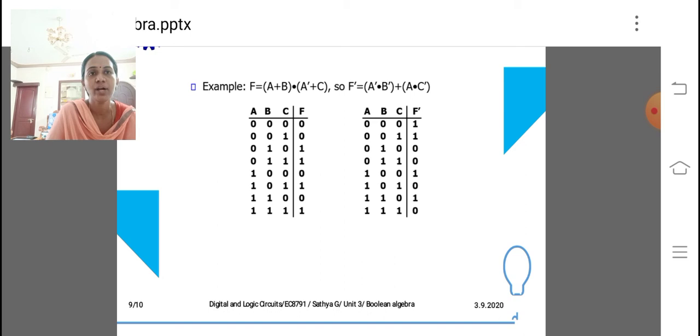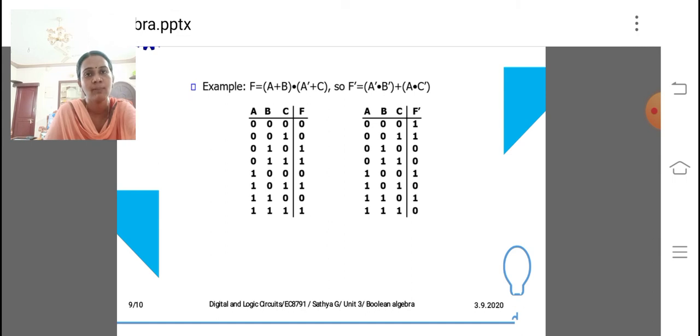And in the second case, you have to find out f dash. In the first case you have to get the f value, in the second case the f dash value. Here I simply gave the answers. So you have to work them out at home and find the solution. Then only will you get a clear idea about the Boolean algebra concept. So students, don't forget to complete this work at home. Okay, you just note down these examples.